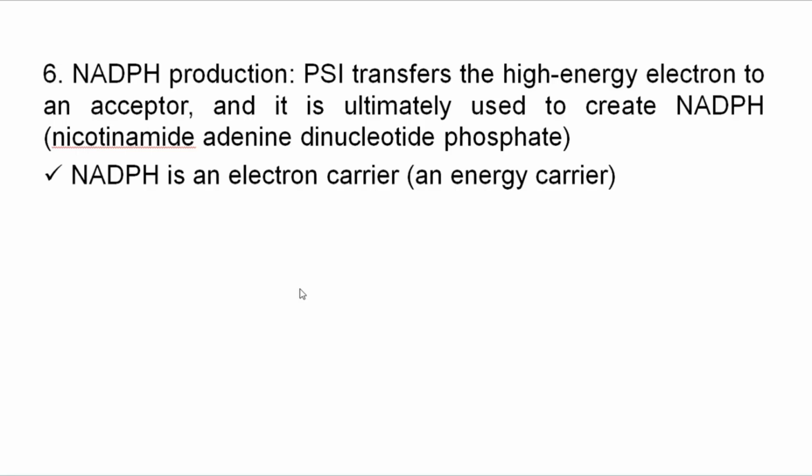Yes, the last electron. So photosystem 1 receives electrons from the electron transport chain. That photosystem 1 again transfers that energized electron to NADPH, and this NADPH is an electron carrier or an energy